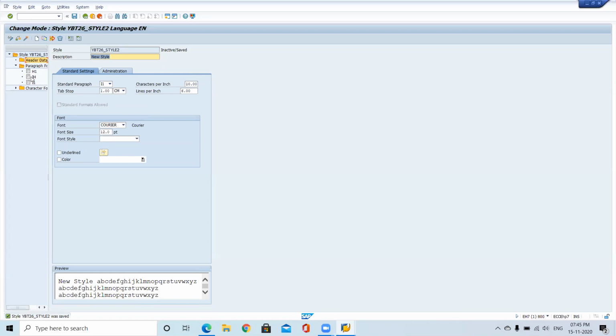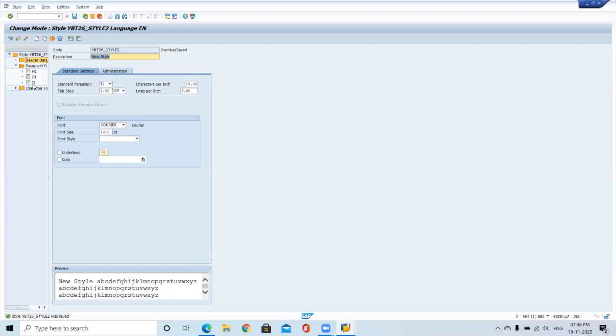That's what I tried, creating one style there, but it was showing an error actually. So maybe this would be the only reason. So first create your required paragraph formats. Out of these three, which one is the default? You have to specify in the header level. Otherwise, you will get an error. You can't save also. Okay, so that is the issue.